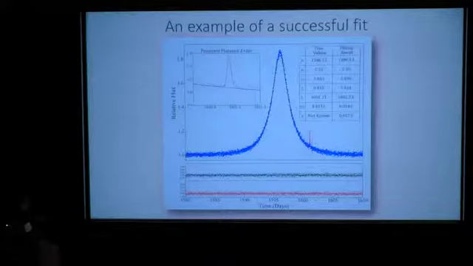If you look at the table of values, you can see that the primary parameters and the planetary parameters are well estimated. And also, if you look at the residuals, the black residual is with respect to the single lens model, where you can see the perturbation, and the red residual is with respect to the single lens plus Gaussian model, and the perturbation has been covered in that model.